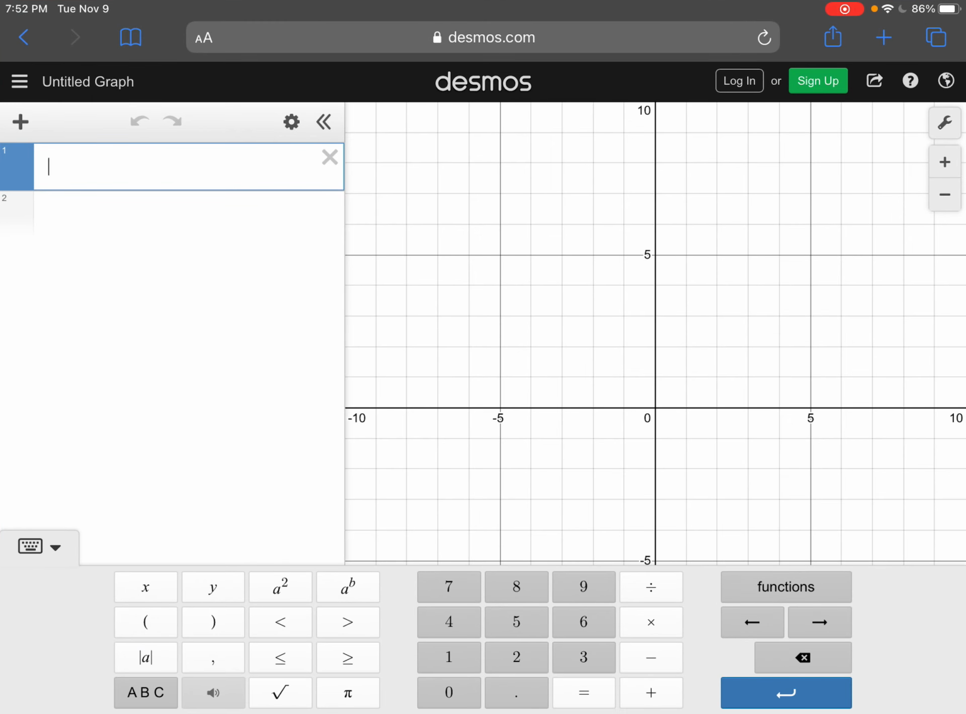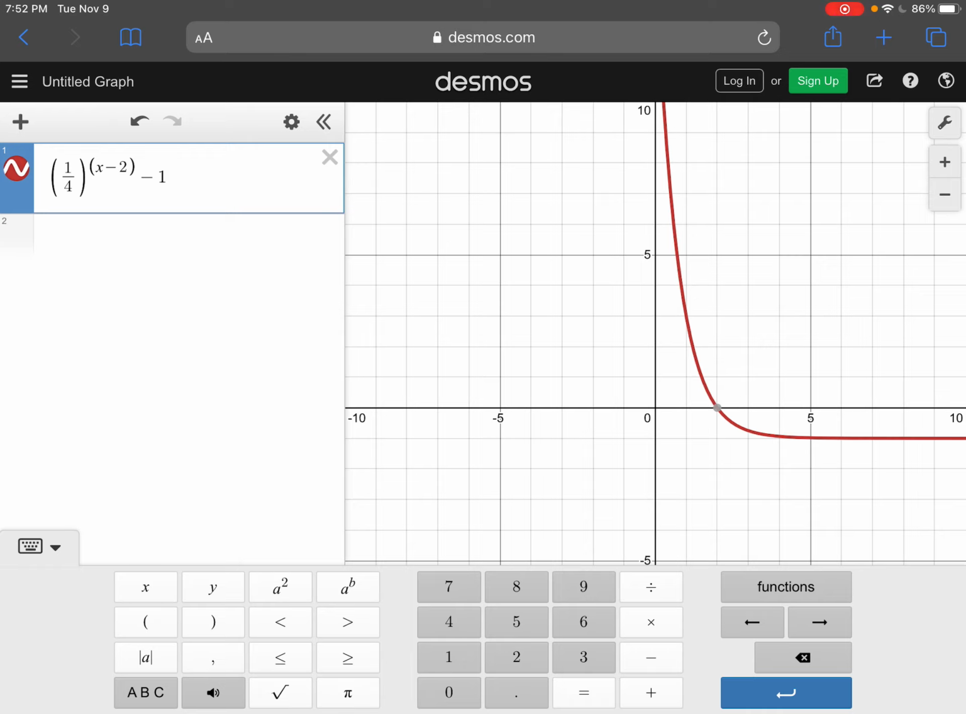And I want an equation. So I have 1/4 raised to the x minus 2 power. And remember, when you have more than one thing in your exponent, you do need to put it in parentheses. So x minus 2, and then -1. So this is what my graph is going to look like, but we need to copy down the table of